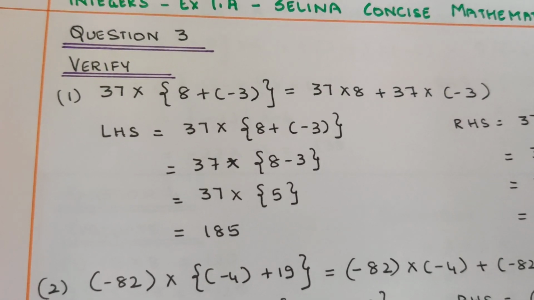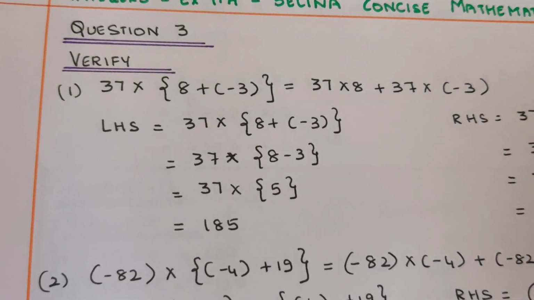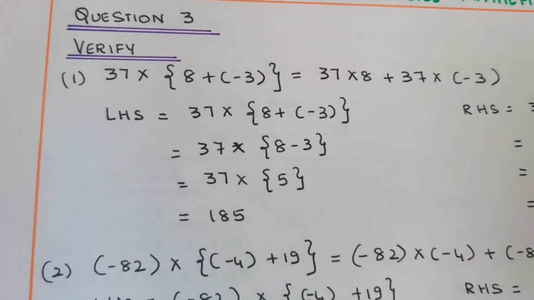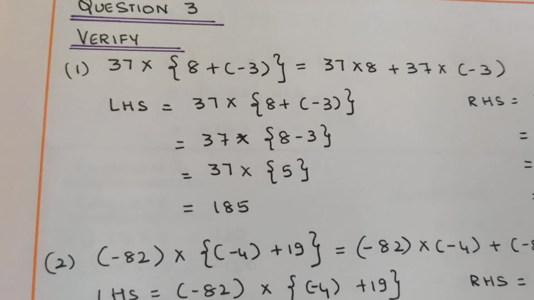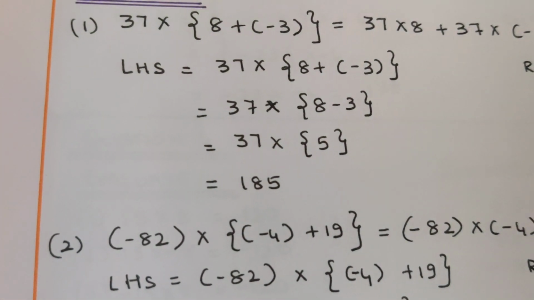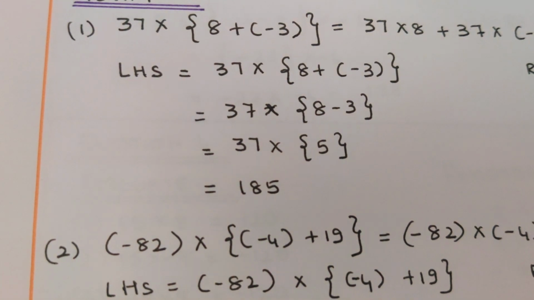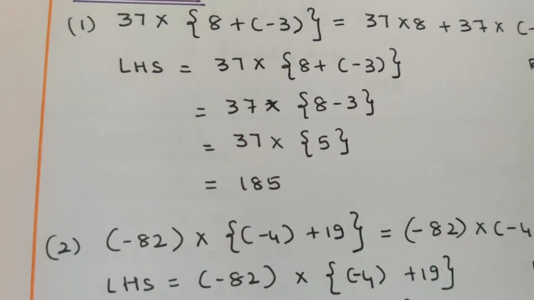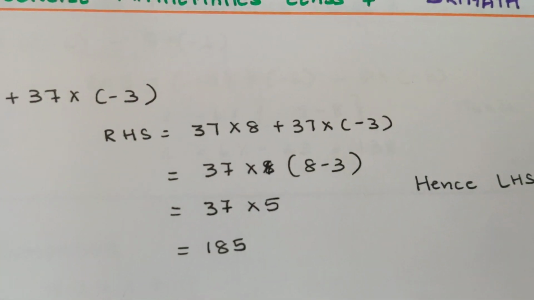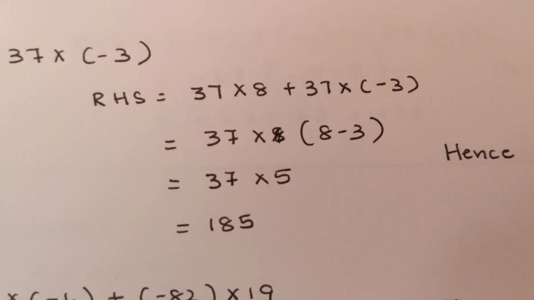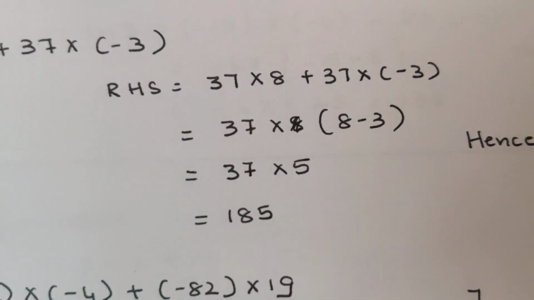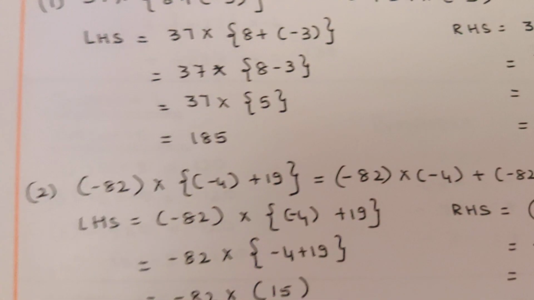Kids, please understand, all the numerals are the same. There are no different numerals. So it is because of the parentheses that they have used, we have to see what the answers are. So when you solve the LHS, you get the LHS as 185. I just pause for about a second or two for you to understand how I have solved the LHS and derived at 185. Now similarly, I have also solved the RHS and I have derived at the answer 185. Here LHS is equal to RHS. So that means the given statement is correct.